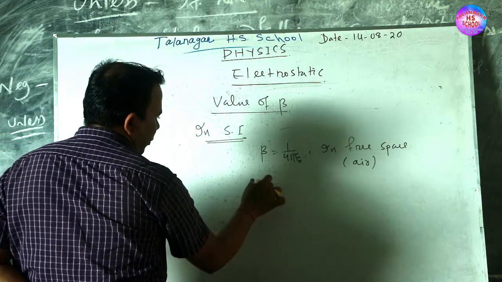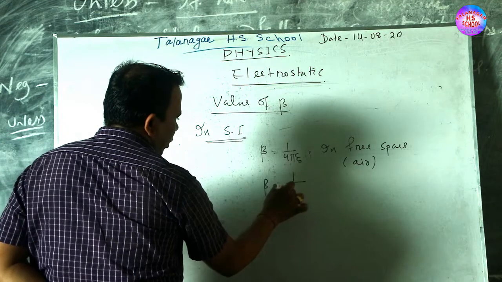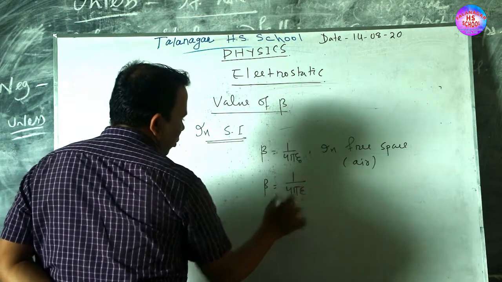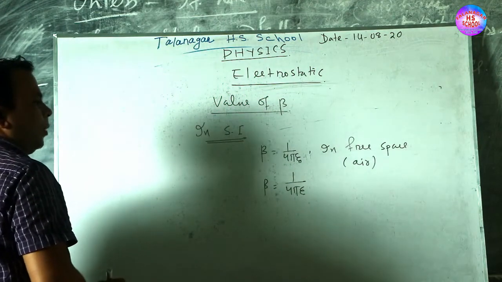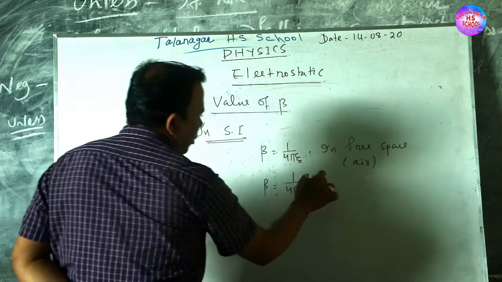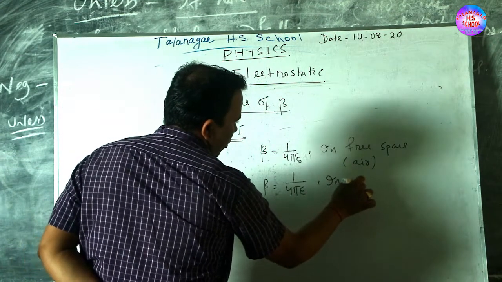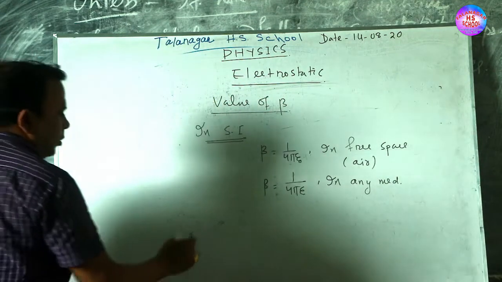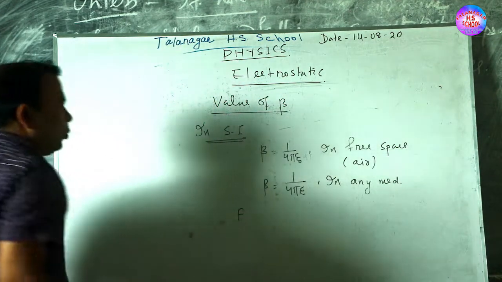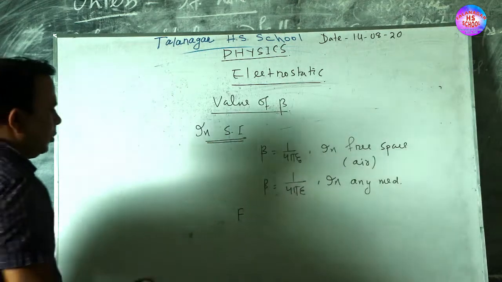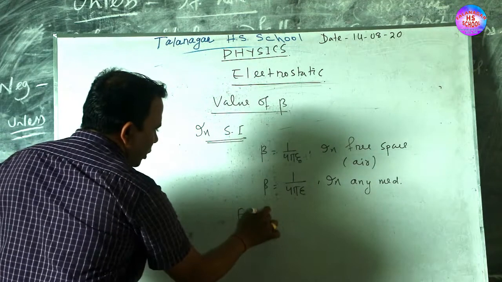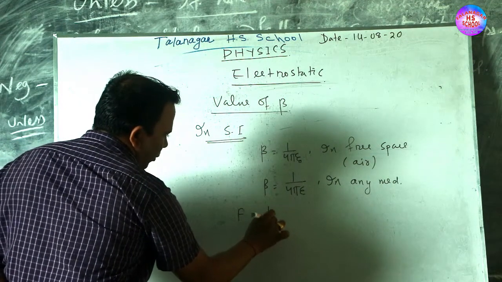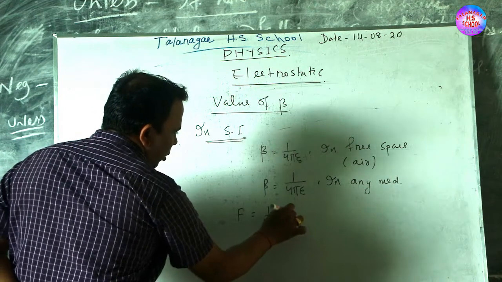In any other medium, the value of beta is equal to 1 by 4 pi epsilon in any medium. So therefore, the Coulomb force, we can write, substituting the value 1 by 4 pi epsilon naught